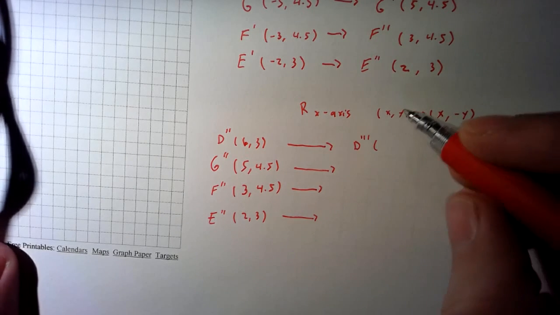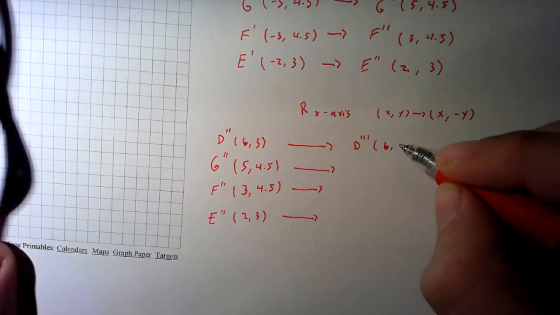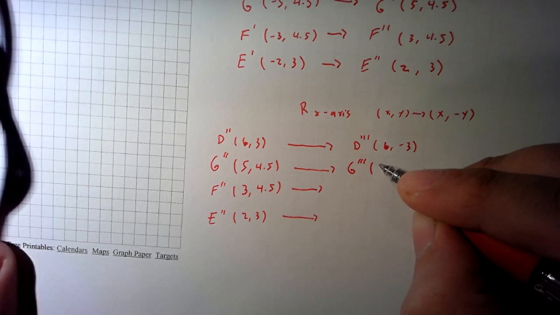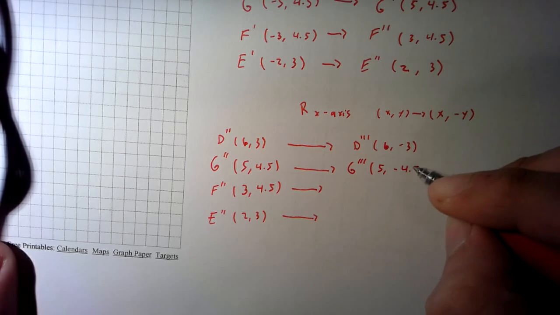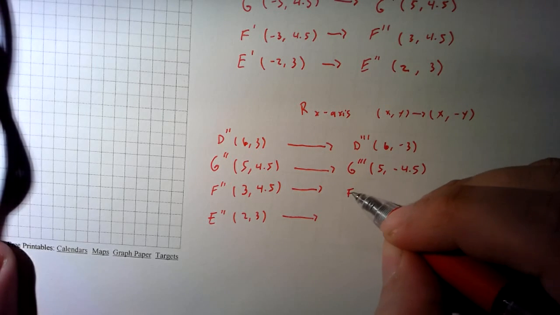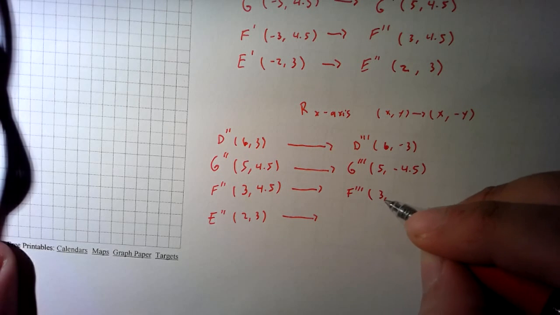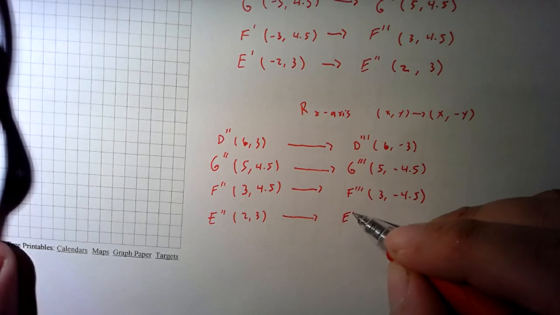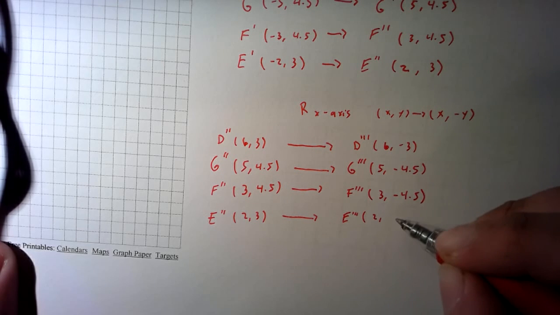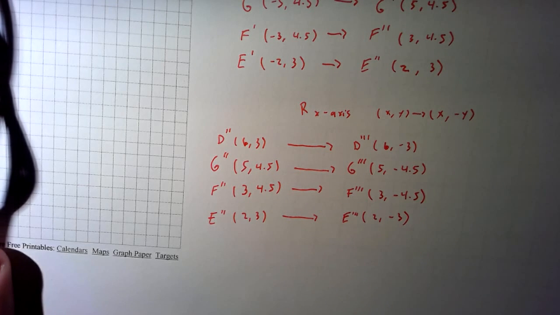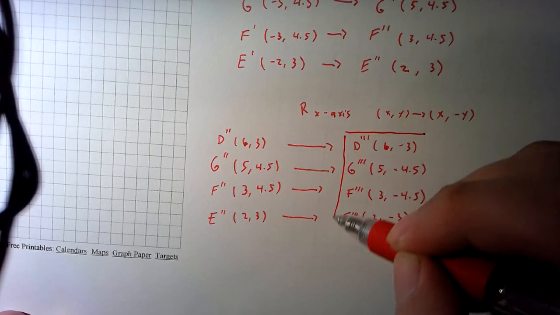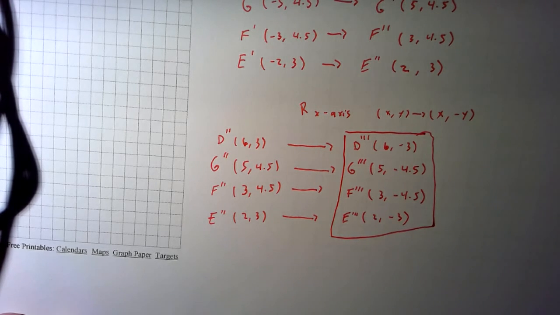So for our first point, we get 6 comma negative 3, and then for g triple prime we get 5 comma negative 4.5. For f triple prime we get 3 comma negative 4.5, and then for e triple prime we get 2 comma negative 3. And so this set of points at the very end, once we finish this process, this represents the final